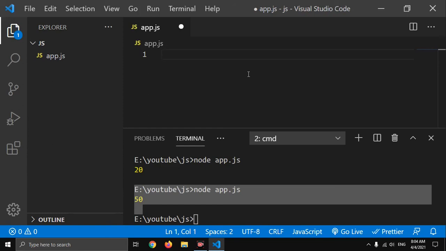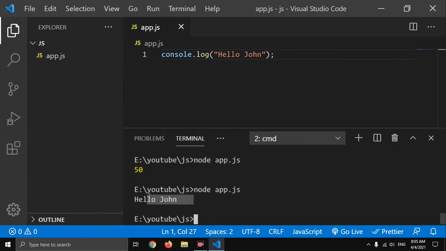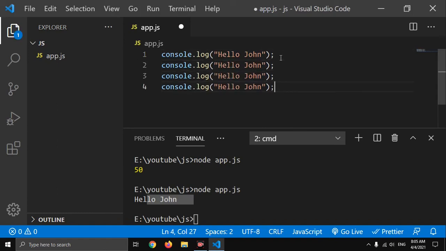Now we'll see how to write functions in JavaScript. Let's say I want to greet a user with console.log, let's say hello John. Now if you run, you can see hello John is printed. But if we want to print many names here, how can we do this? We have to write other names like